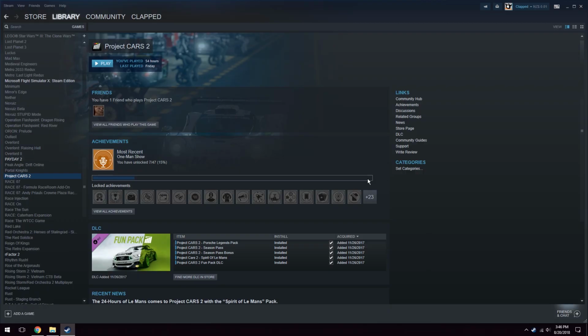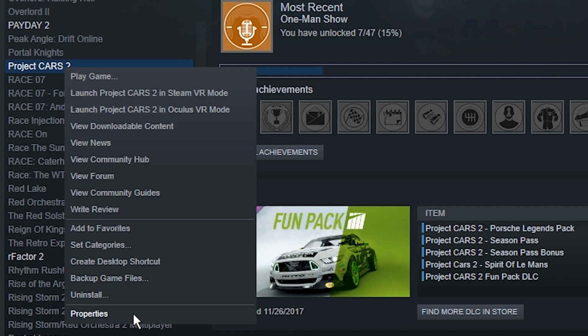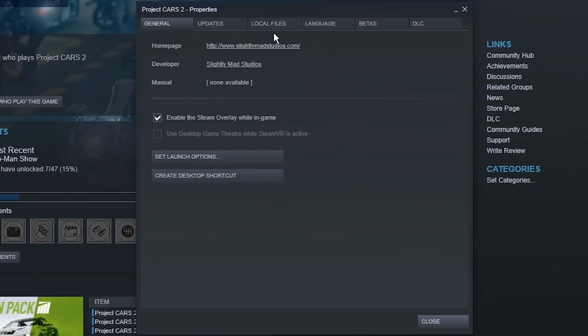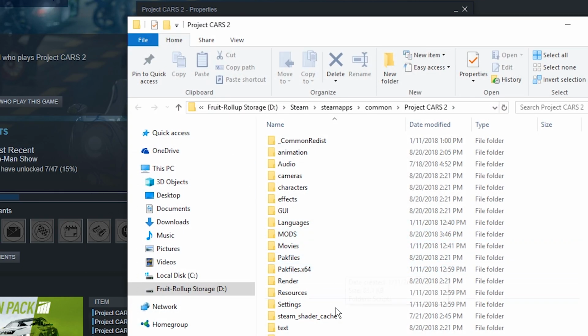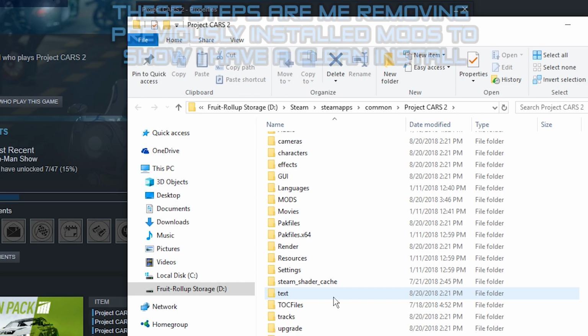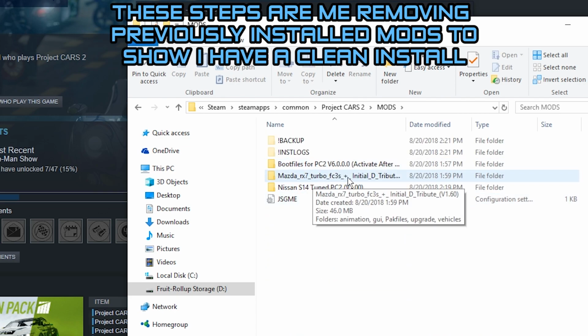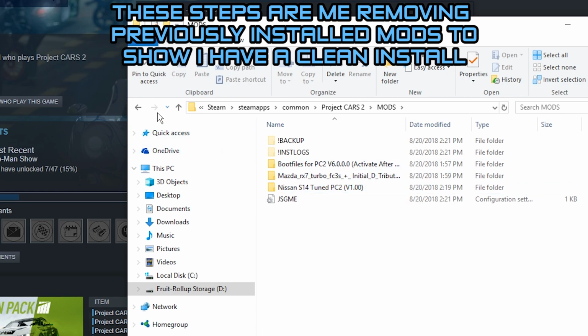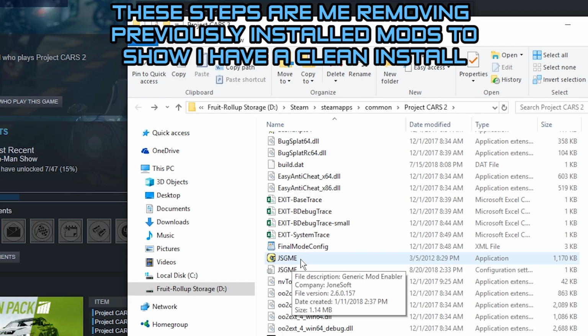Go into Steam, and then Project Cars 2, and you want to right click on the name over here on the left, click on Properties, Local Files, Browse Local Files. That brings you into the main install of the game. Now I already have two cars here installed, the FC and the tuned S14. So I'm going to go back, I'm going to open up JSGME,